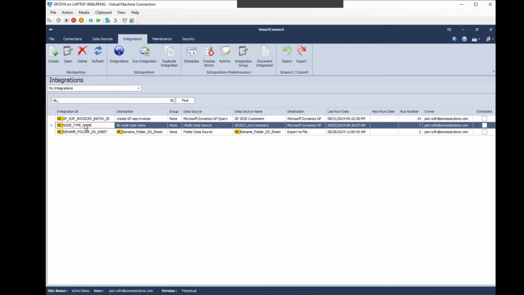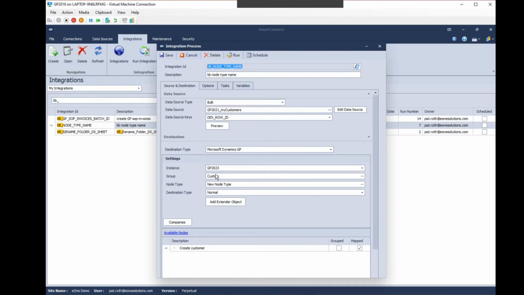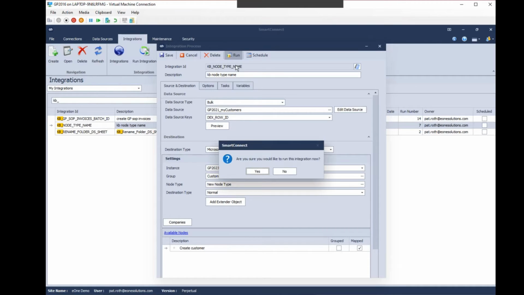If I have this map, we can see that I've created my own custom group called custom and a new node type with a display name of new node type. And in this case, I just added the out of the box GP create customer node. This typically would be your own store procedure to do whatever you need. If I run this map,